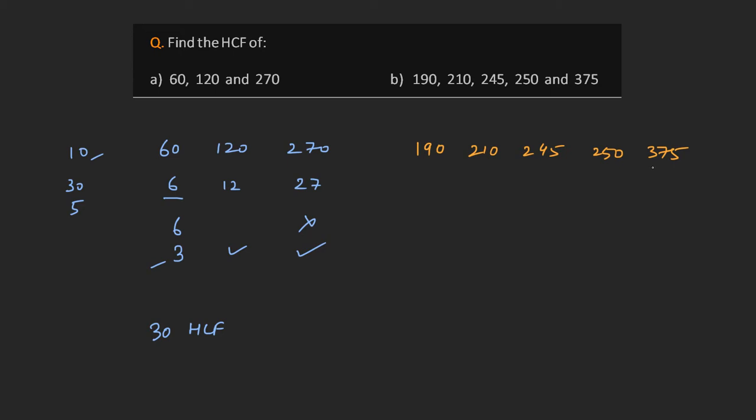But there is a smarter way. You see, the HCF is not just a factor of the numbers in the concerned group, but also of the differences between any two of those numbers. So, the HCF here will also be a factor of 20, the difference between these two numbers. Or 35, if you take these two. We can take any two of these numbers and the difference will be divisible by the HCF.